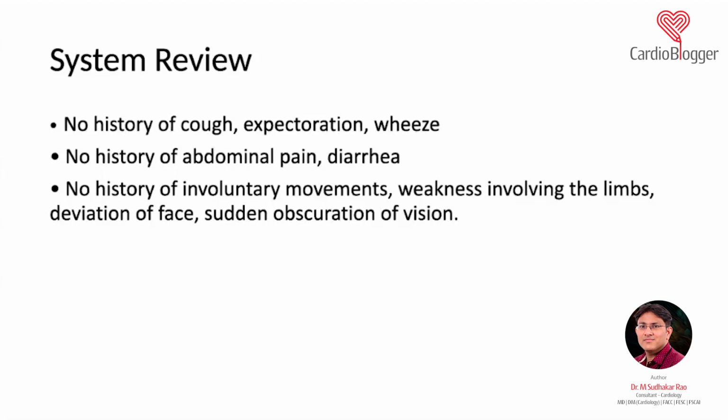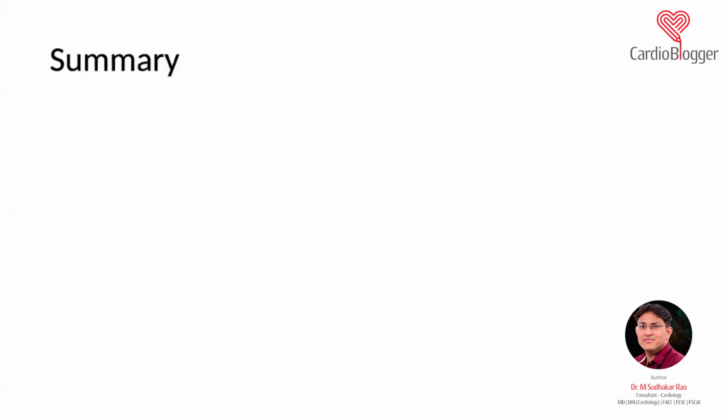Two, peripheral artery disease means a patient may have an underlying coronary artery disease, because vascular disease in one part of the body always predisposes to vascular disease in other parts of the body. So that history is also important. Now, when you take the history, the second important thing is,